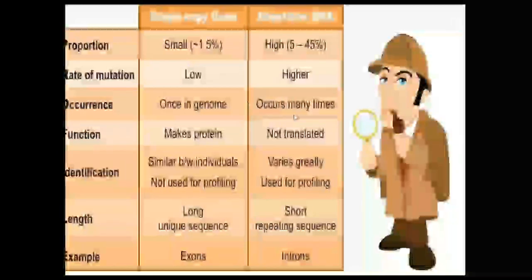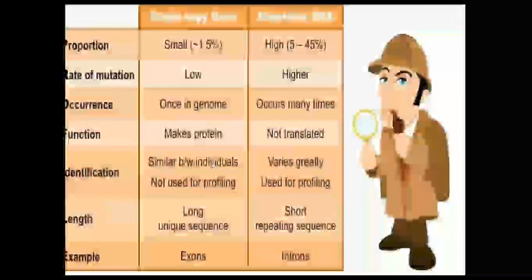Repetitive DNA is not useful for function. It is not useful for the main phenotype function. The single copy genes are used for making proteins and enzymes. Repetitive DNA is not translated, it does not go outside the nucleus, it does not go to the mitochondria, it does not reach the ribosomal area, and it is not useful for the formation of molecules.